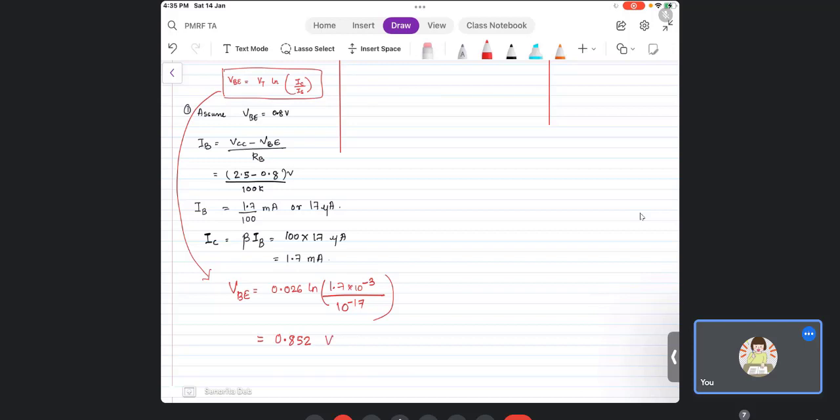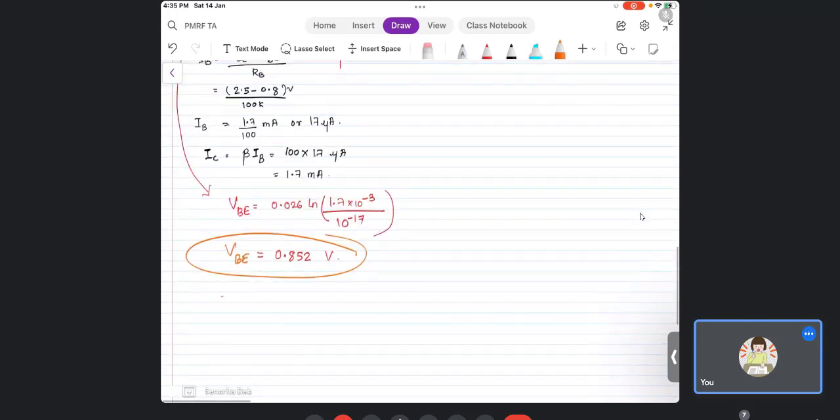0.852 volts. Now you see your assumption was 800 millivolts, right? What we assumed was this 0.8 volts, and what you are getting is this 0.852. Now what you will do, you will take this 0.852 and you again find IB. What you get? 2.5 minus 0.852 upon 100K, right? Now what you are getting? You will get 16.5 microampere, and this will make IC as